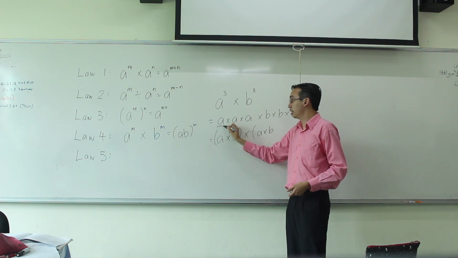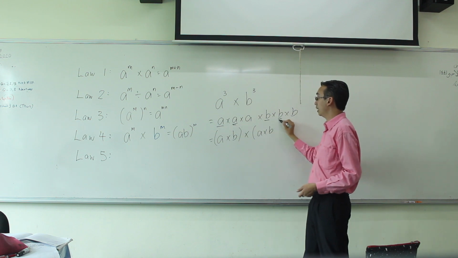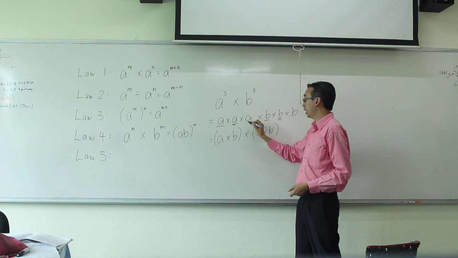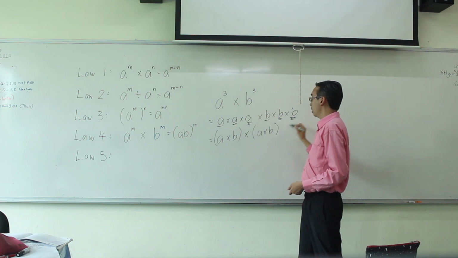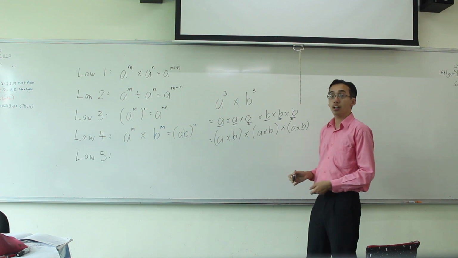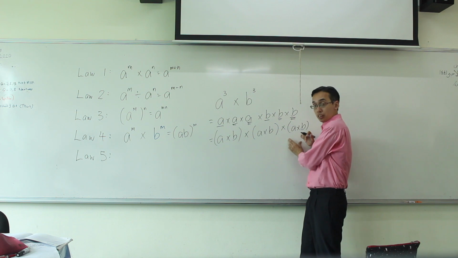So let's say this one is for the first group, and this one is for the second group. But we have another pair over here, A and B. So for the third group, we make another pair. So we have 3 sets of A times B, A times B, A times B, and then we